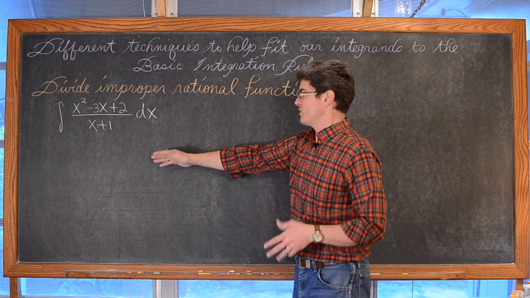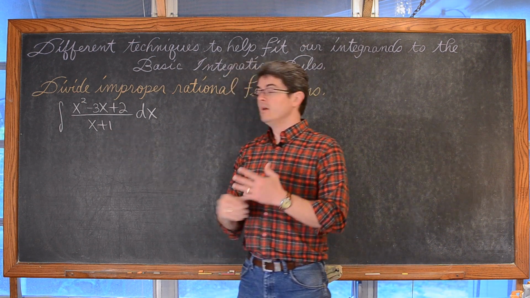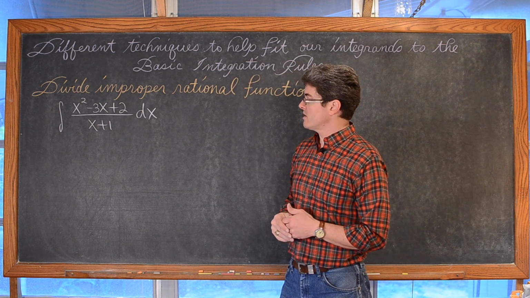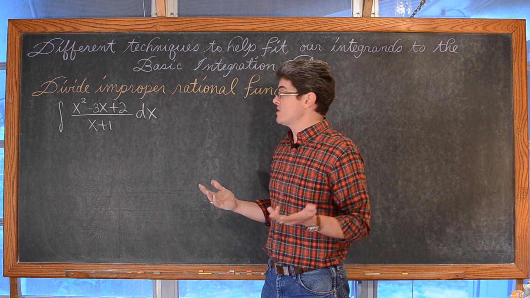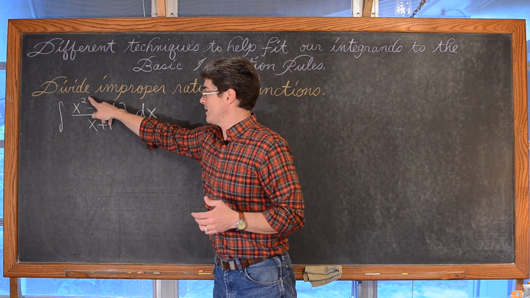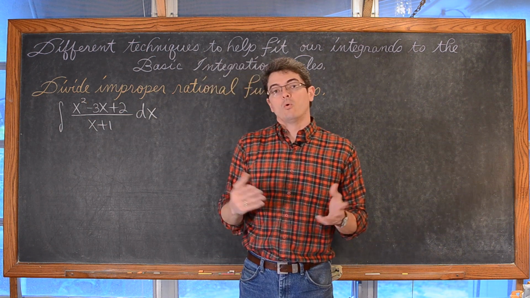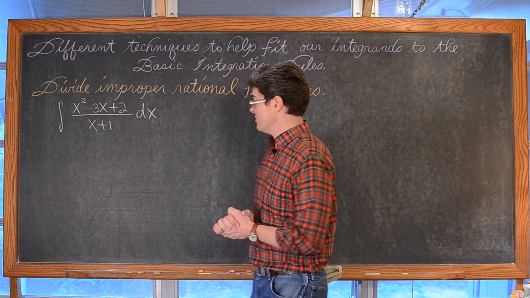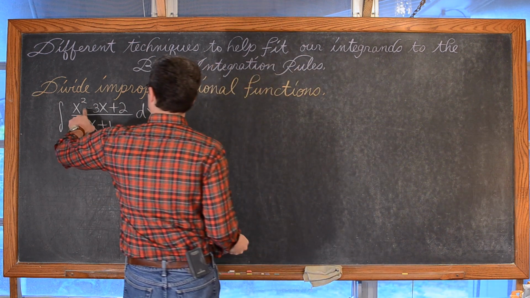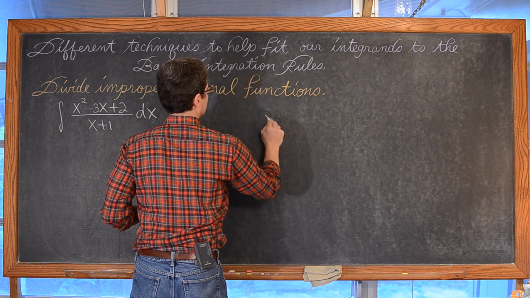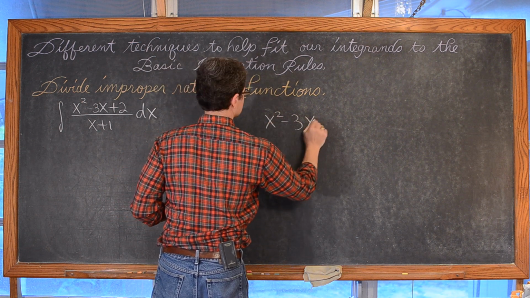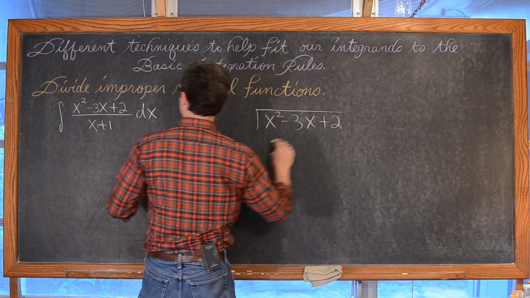I guess, well, you could really argue I could do synthetic division here, but we needed to divide this out so that we have an expression which we're going to find an integration rule for. We're not going to see that right here with that top degree greater or equal to the denominator. So we're going to take x squared minus 3x plus 2